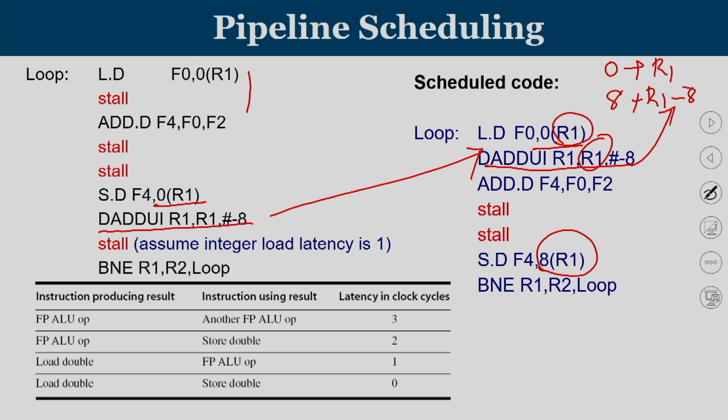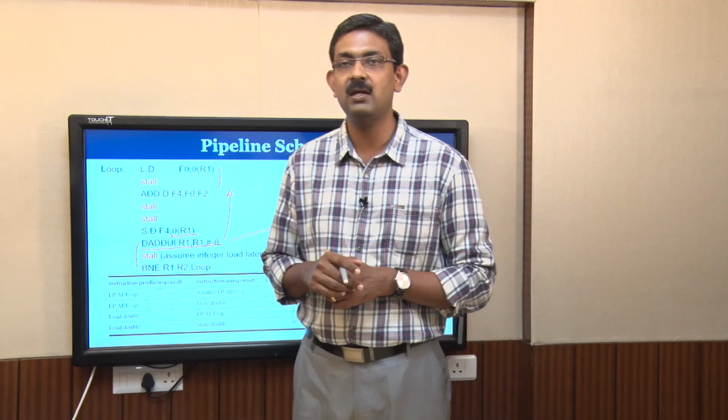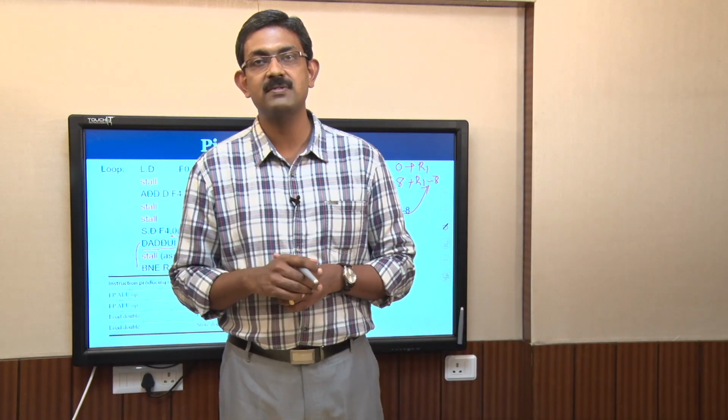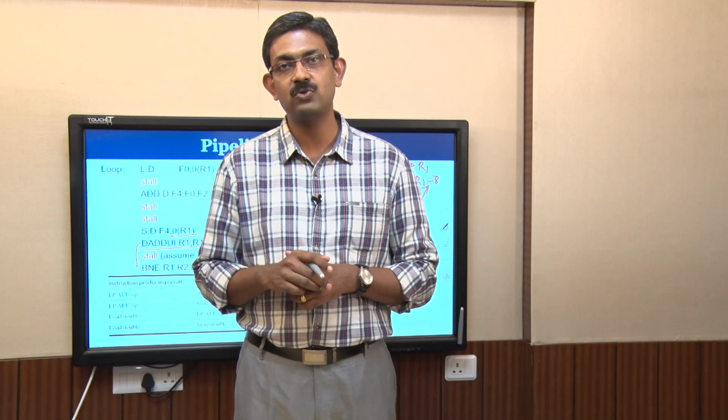So, since this R1 and the branch instruction are sufficiently separated, previously there was one minimum stall, now this instruction is going up, there is sufficient delay. So, altogether the 4 stalls that we had is been reduced to 2 stalls. So when the compiler is going to reorganize the instruction without changing the meaning, then from 4 stalls we are able to bring down the number of stalls to 2.